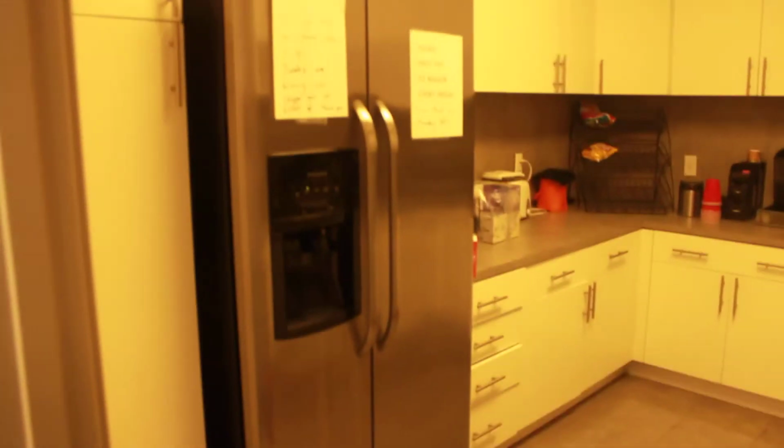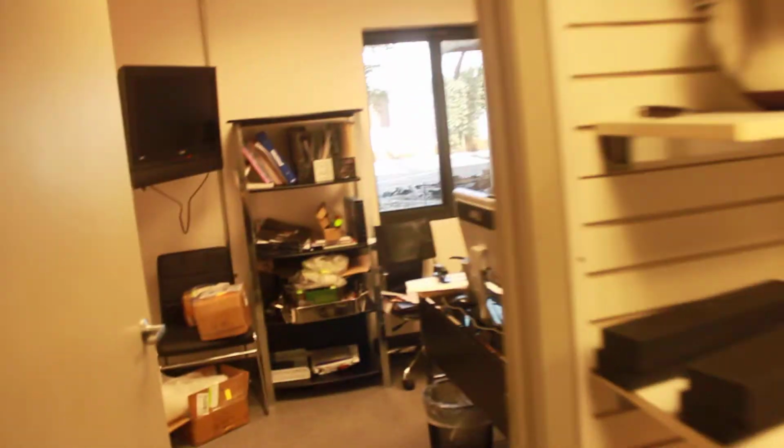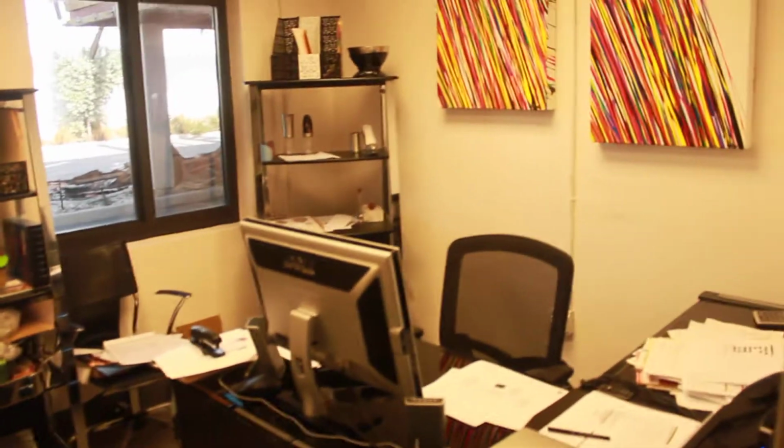You have the kitchen, the break room with a full-size refrigerator. You have a sink, and it's also shared for those interested in an executive suite offices. Very nice, very professional, very elegant. Another office space which is being used right now, which will be available as well as an executive suite. Very comfortable,